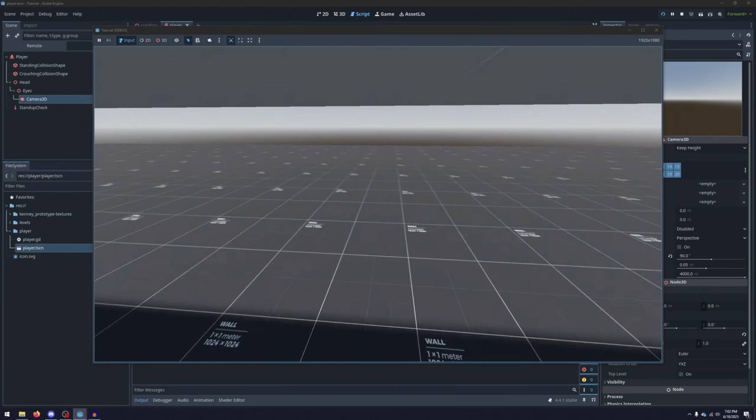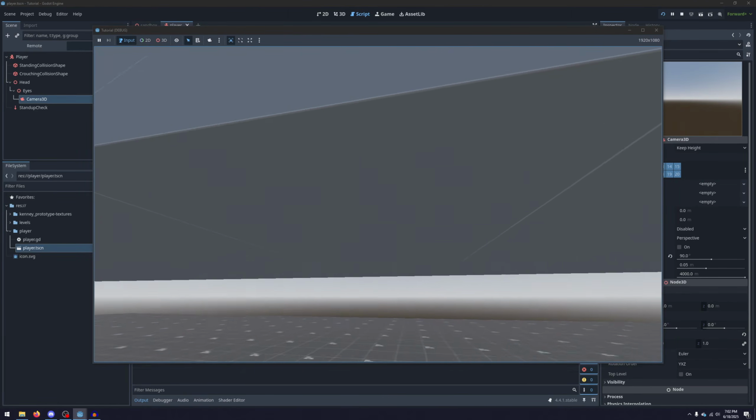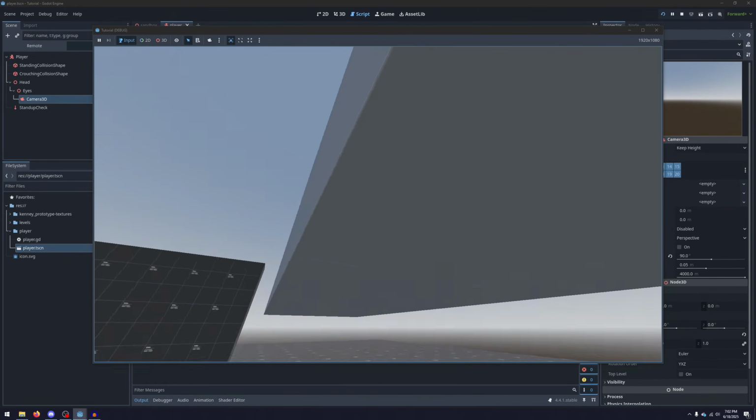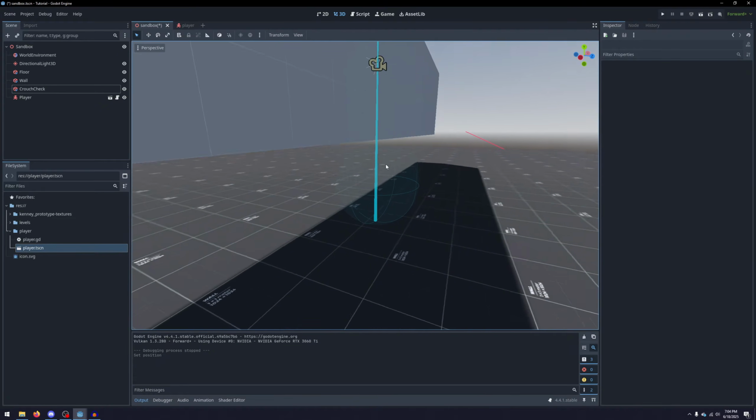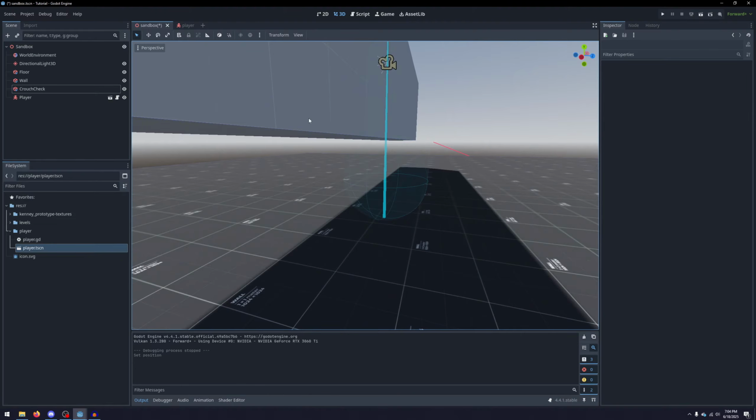Yeah, so that feels a little bit better. So now our collision shape is still colliding with the wall above us. So let's talk about that. I don't know if this will show up on camera, but this crouch check wall is exactly 1 meter above the ground and our player is 1 meter, so it seems like we should be able to get through. However, those values are only accurate to so many decimal places, and Godot has a built-in tolerance for